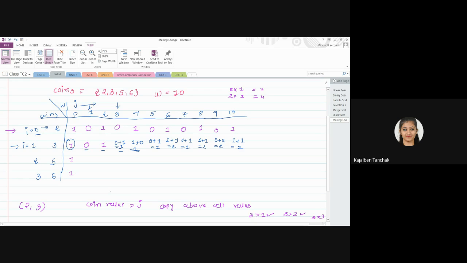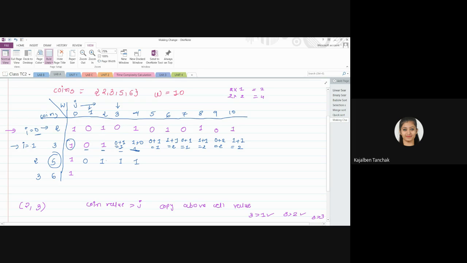Right? Did you understand how we are filling this table row by row? Okay, now for the next coin, what is the value? We have 5. Till 4 this condition will be true: coin value is greater than j, right? Till 4 it is true, so I will simply copy both cell values 0, 1, 1 and 1. So now from 5 to 10, the third row and fourth row you have to complete.